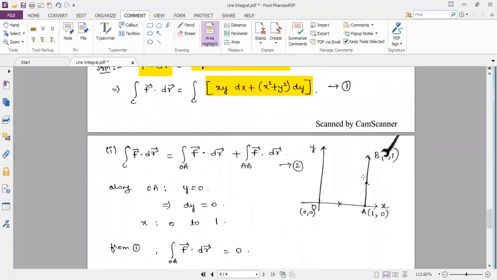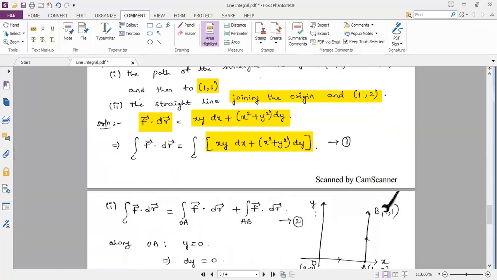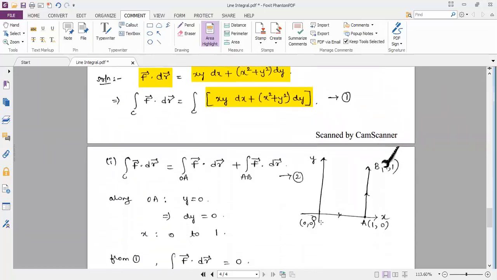Observe, first we are drawing in the figure the straight line from 0, 0 to 1, 0 and from 1, 0 to 1, 1. That can be seen here in the graph. So from 0, 0 we are drawing to 1, 0. The direction is also important. The arrow here represents that. And then from 1, 0 to 1, 1. This is 1, 1 here at the point B. Again, the arrow mark is important.